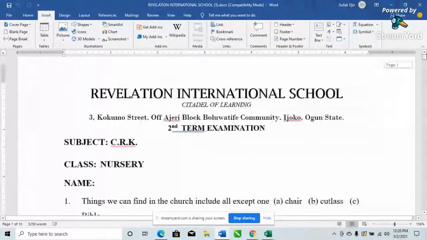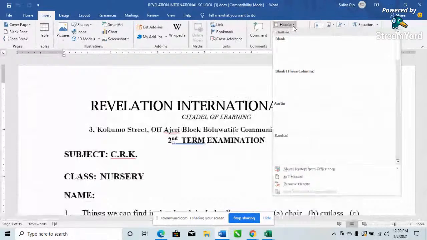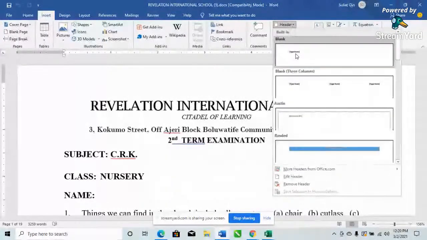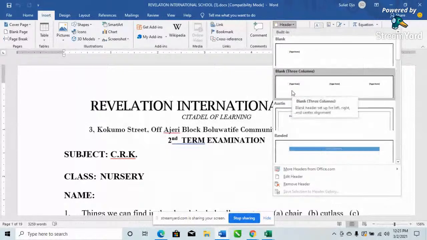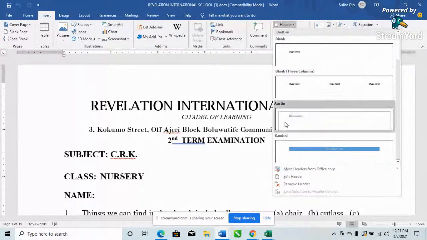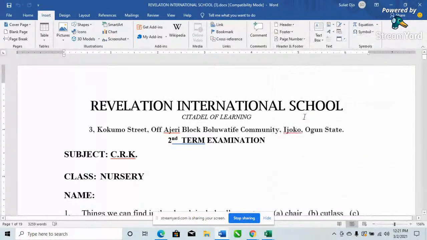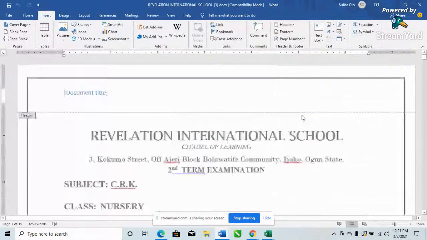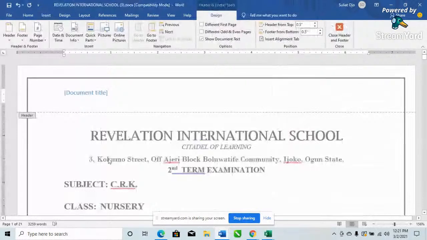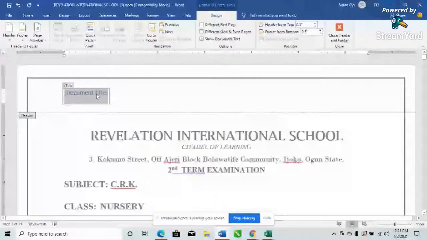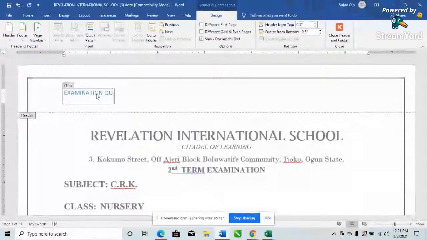Once you click header, that's a small button, it has many options. You want to type just at the left side, or you want to type at the three-point side. Just pick any option of your choice. So let's pick this. Then something appears here. This is showing that you cannot edit anything that is there, but you can write anything you want here. So let me just put examination question